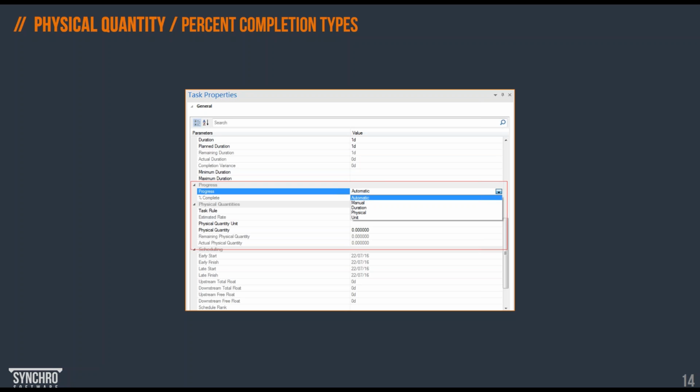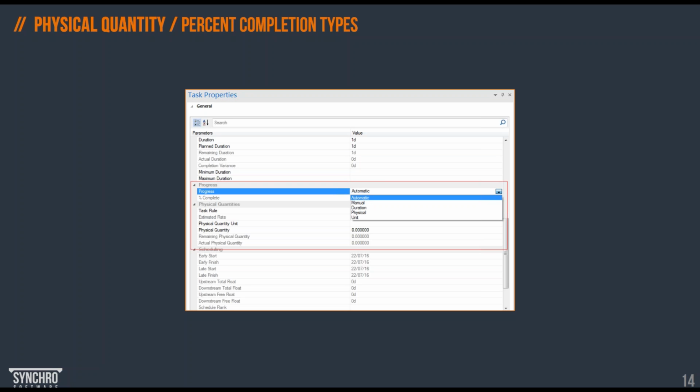So if we don't have any resources, we can actually use this physical quantity, and that is on the task level. It's not on the resource level, and we can fix the duration. Then SYNCHRO will calculate the required production rate to complete the task on time.